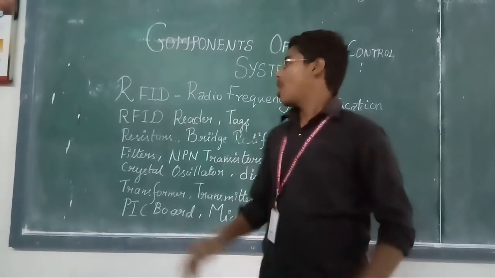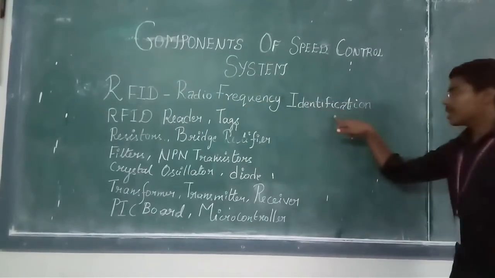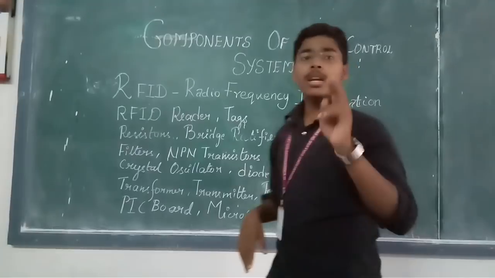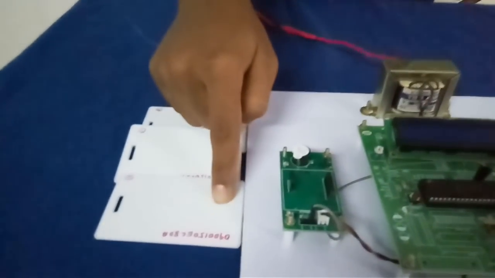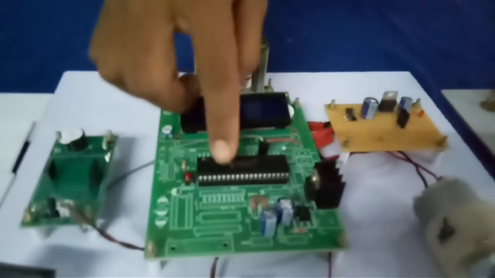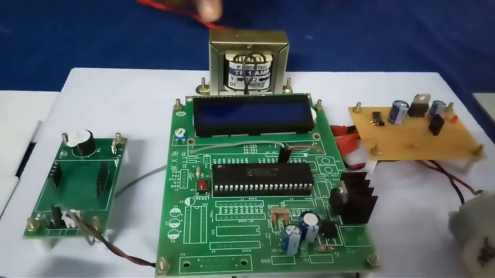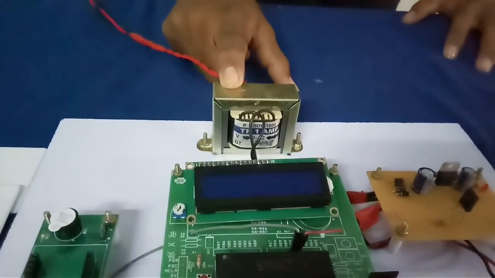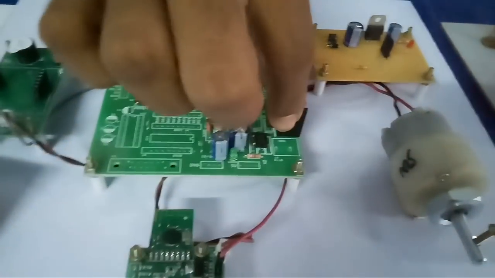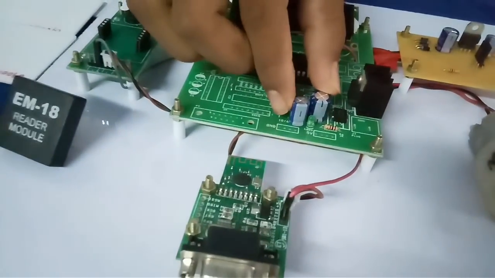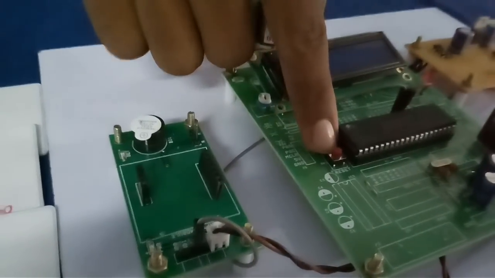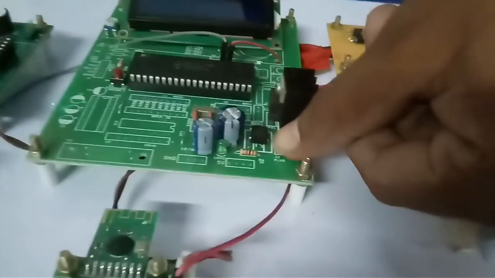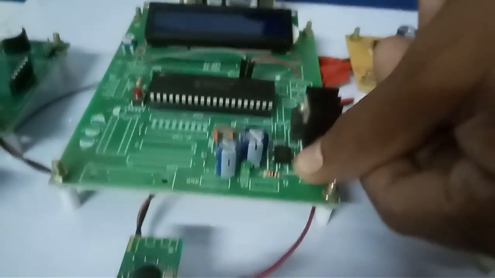First, RFID. RFID is radio frequency identification. In radio frequency identification, there are two devices, namely the RFID tag and the RFID reader. And this is an LED display, and this is a microchip that acts as the microcontroller. This is an AC transformer, a 0 to 12 volt AC transformer, and this is a heat evaluator. These two are the filters, and this is a crystal oscillator, and this is the reset button. And here is an IC, integrated chip,